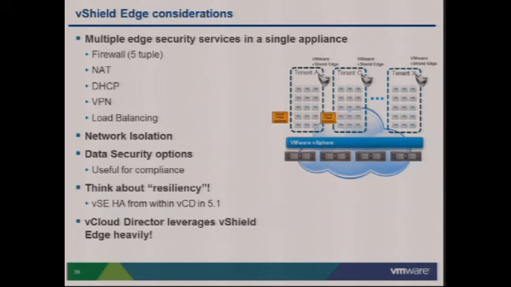vShield Edge does offer a lot of cool new enhancements. Rawlinson just mentioned the HA feature that's part of vShield Edge. That's probably one of the most requested features, and I've tested it out in my lab, and I think this is probably one of the coolest features of Edge as well. On top of that, it will offer you things like DHCP, NAT, firewalling. That's all part of that Edge device itself.